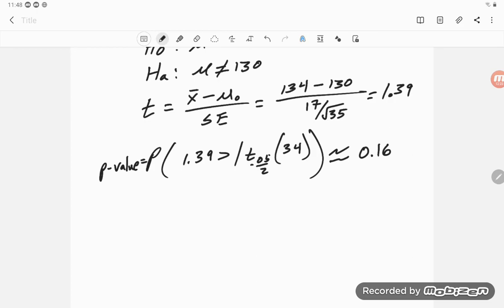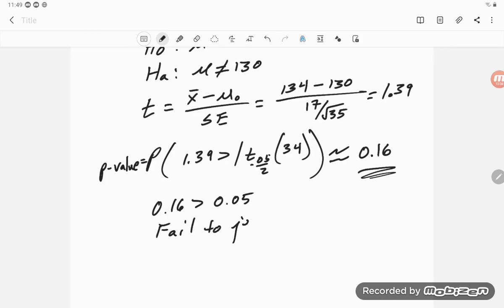Okay, and so in the textbook they use the Z table instead of the T table. Now the problem is our T table, it's not really good for looking up exact p-values. It's good for just checking things. And so, like I say, I'll do a video on calculating p-values using the T distribution, but we'll go with that, 0.16. And so since 0.16 is greater than our 0.05, we fail